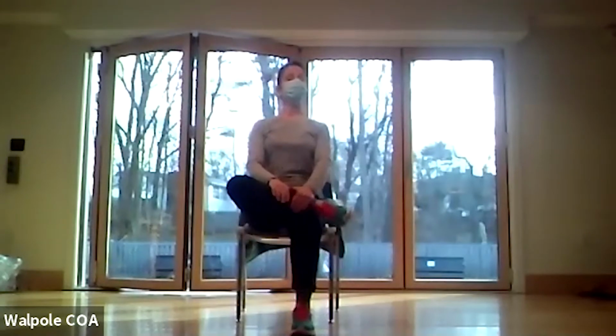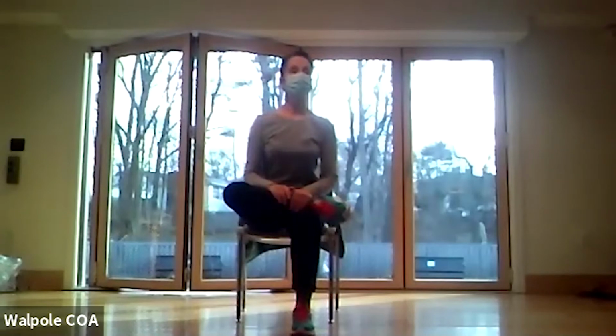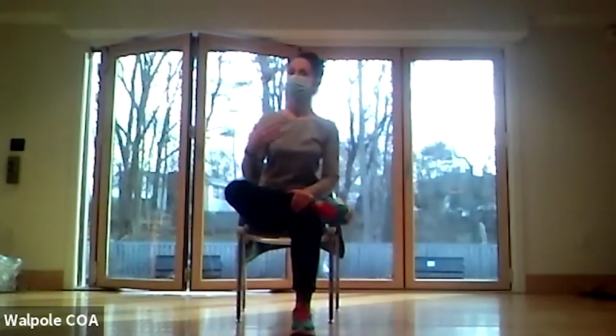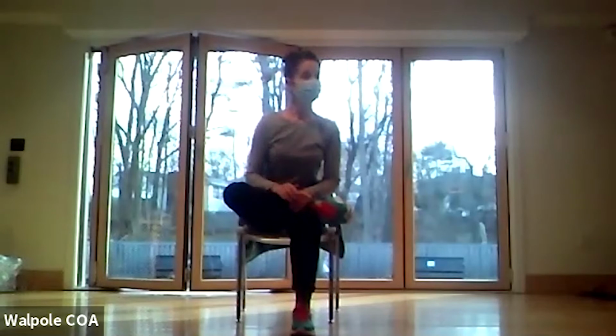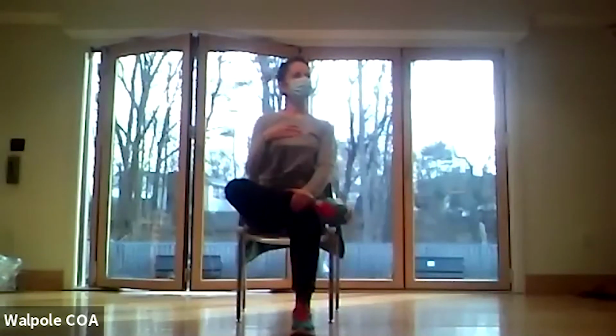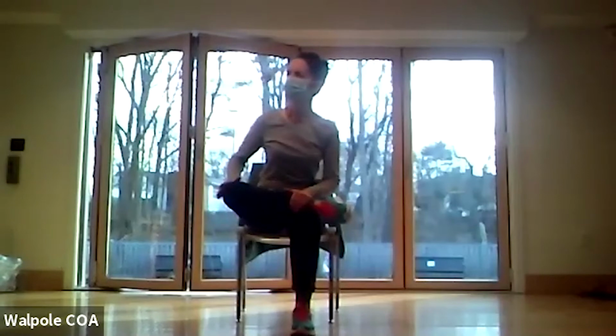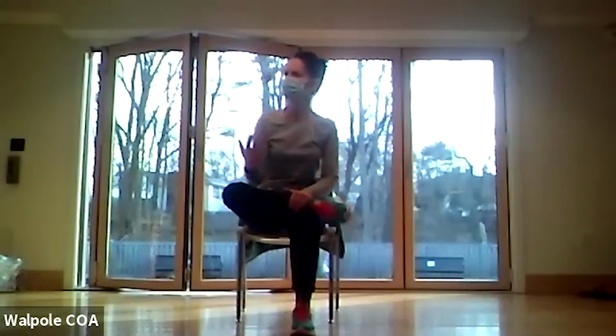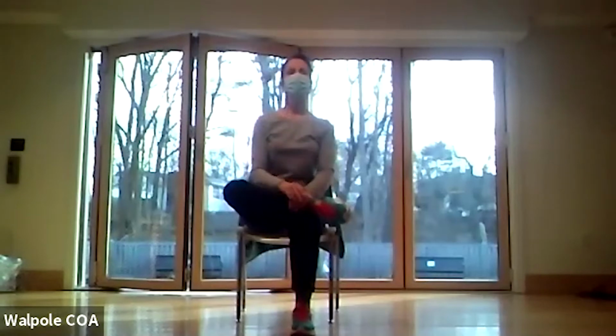And what we're going to do here is we're going to bring the navel down toward the front. And come up. So we're just exploring. First few times, I like to move in and out of the pose before I stay there. Because remember what I was saying about finding that edge, so where you feel the sensation? I can't always tell the first time I get into it. Sometimes it takes a few times moving in and out of something for me to know where that edge is. So the next time we come forward, let's hold here